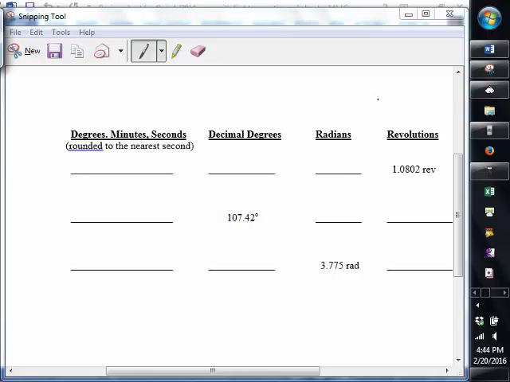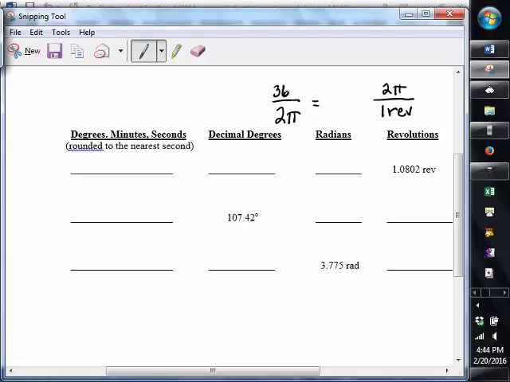Remember that 1 revolution is 2 pi radians, and 2 pi radians is 360 degrees, or pi radians is 180 degrees. And that's how you can convert from degrees, minutes, seconds. So let's look at this first one,